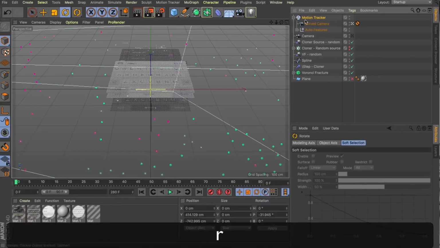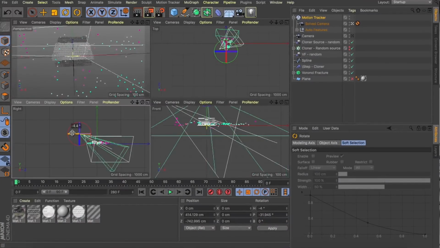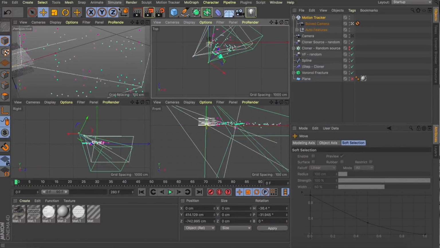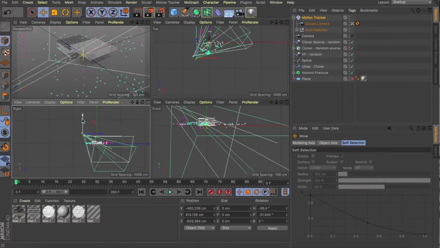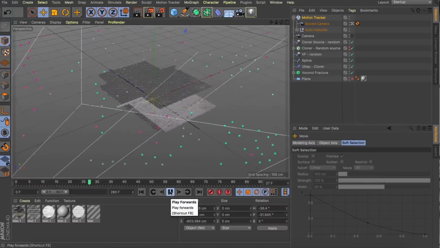I might even just rotate this around a little bit so we're viewing it more from the side. You can see what I'm trying to do is just reposition those track points to a similar spot at where those glitches are. Now somewhere about there is looking good. Just to demonstrate exactly what's going on here, let's go back to frame 0. We're looking through our solved camera, and now when I hit play, we get all that fun handheld movement that was from that live action shot,